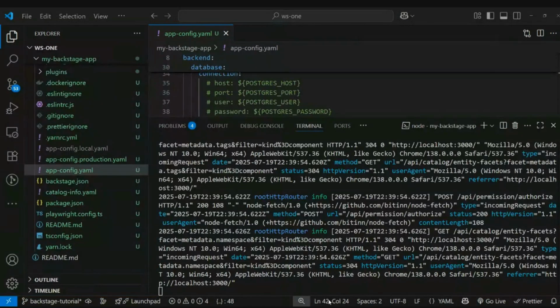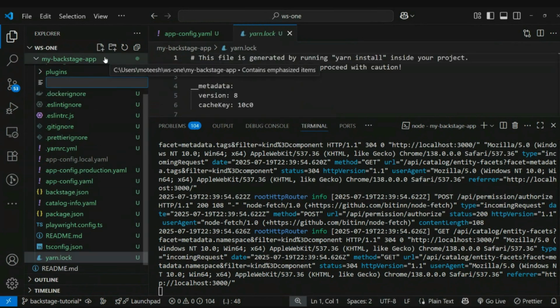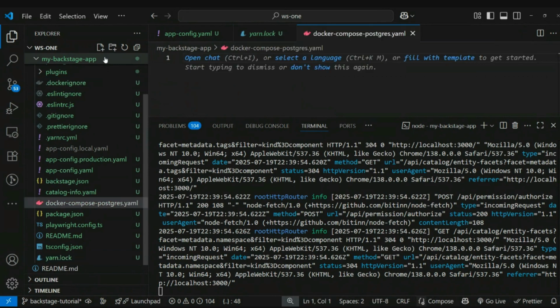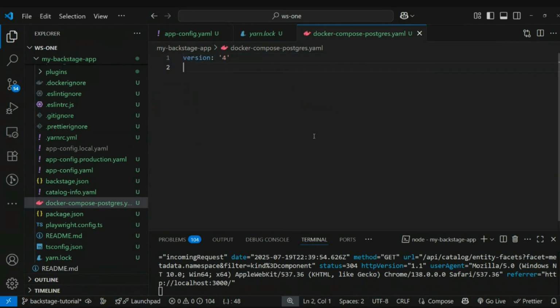Let's write a simple YAML for Docker Compose, docker-compose-postgres. It will look something like this. Version maybe 4, and we will have services. One is Postgres,